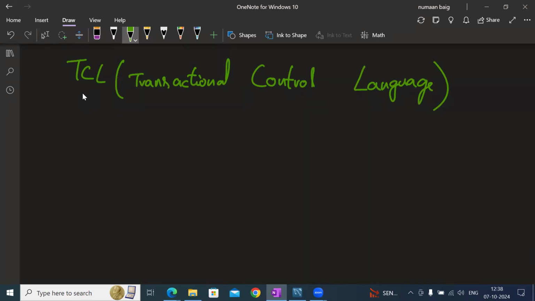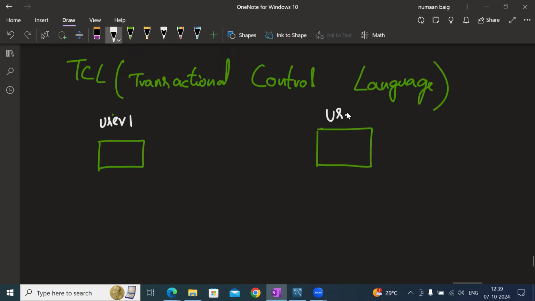What exactly is meant by a transaction? You are already aware of bank transactions. When I say transaction, we have a bank account. Let's imagine this is user one's bank account, and this is user two's bank account. Now, this is a bank account and this is another bank account. Okay, and what happened? User one has deposited some $20,000